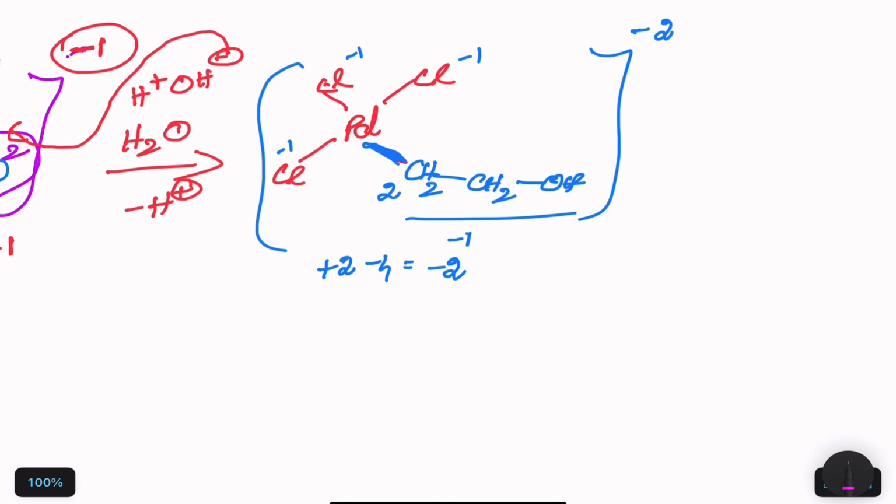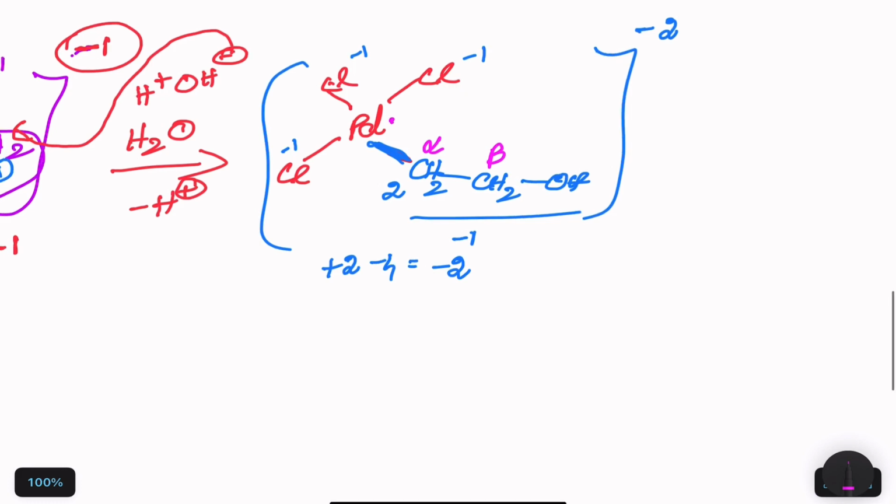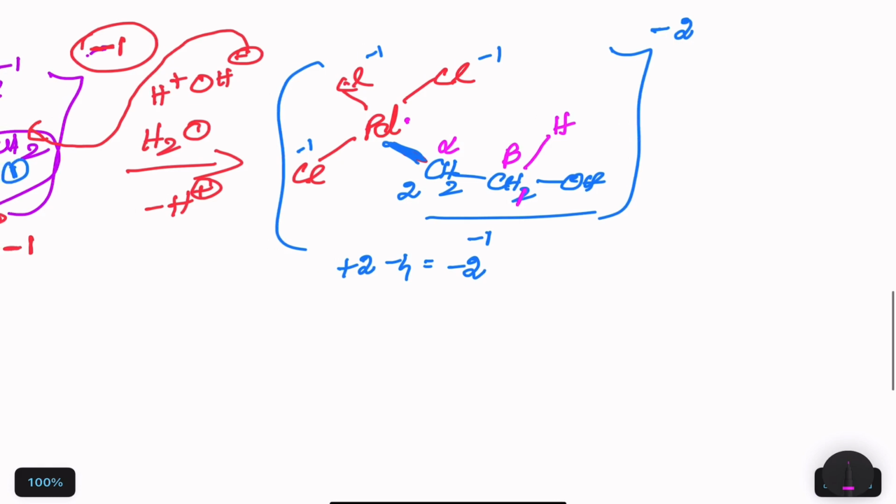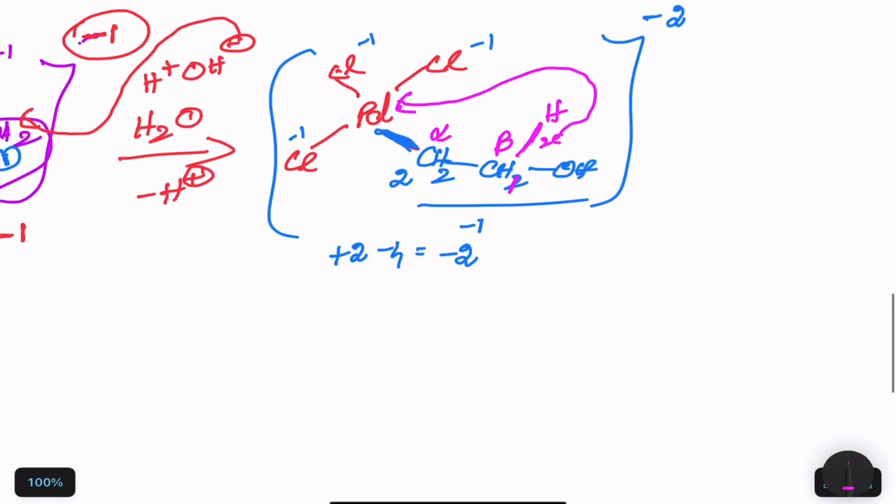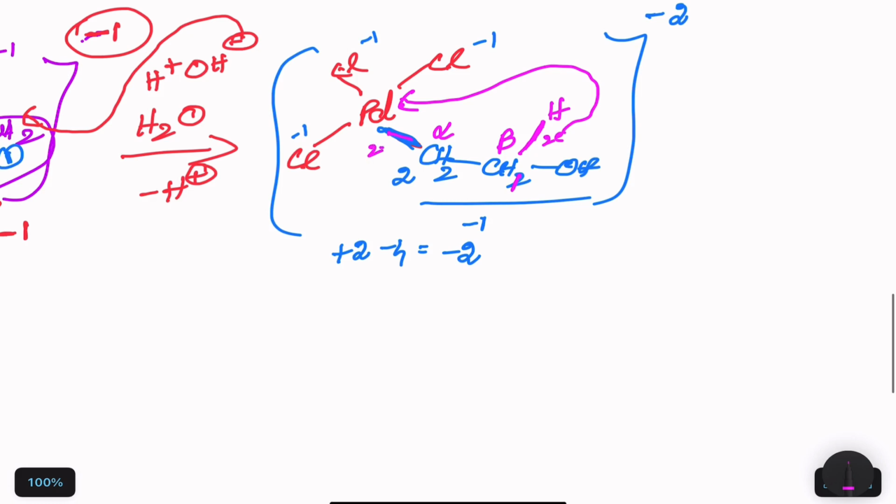Now consider the beta hydrogen. So this is alpha and this is beta. So because this is the metal, from metal only we have to notice alpha and beta. So here a hydrogen is present, right? So take it as H1 and hydrogen, just take it like this, okay. So now this hydrogen is now going along with this 2 electron. This hydrogen is going to attack this space. Okay. So basically hydrogen transfer is happening,